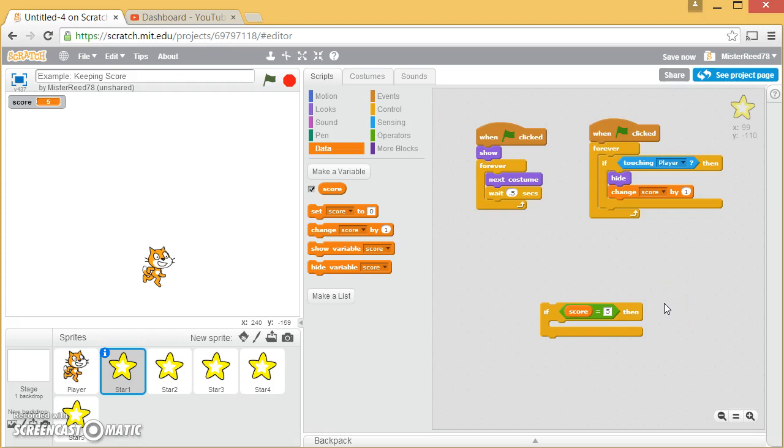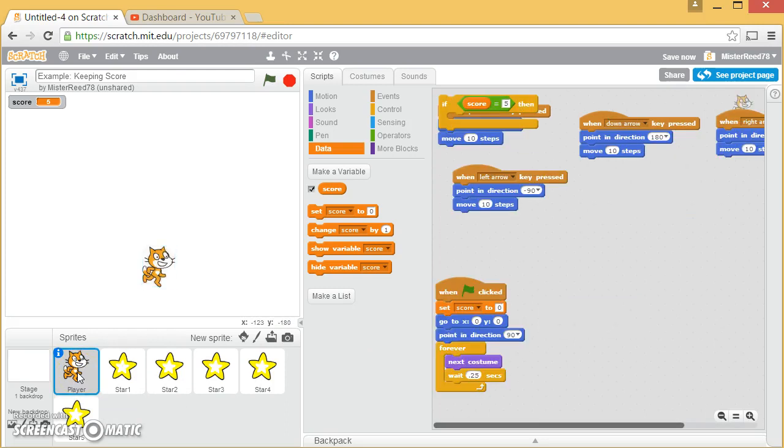you could do all sorts of stuff. You could say when the score is equal to 5, you could move on to the next background, you could make the cat say something, you could just do whatever. Now, actually, I just changed my mind. I want the cat to talk to me and say, like, I won. So this if statement, right now I have it in the star. Let me show you a little trick. I could drag it over to the cat, and it put it right there, which is not really what I wanted, but